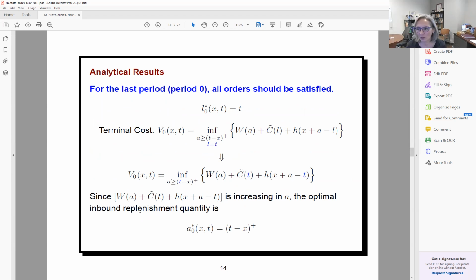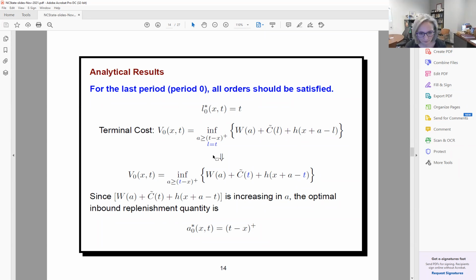So in the tradition of stochastic dynamic programming solution approaches, let us first look at the last period of the problem, period 0. In the last period, you have an obligation to clear all of your orders. There's no more opportunity to consolidate. So the consolidation quantity is equal to the load that you have consolidated. There's really no decision to make at this point about the consolidated shipment quantity. The terminal cost then is based on minimizing the transition cost, the single period cost for the last period, based on the inbound